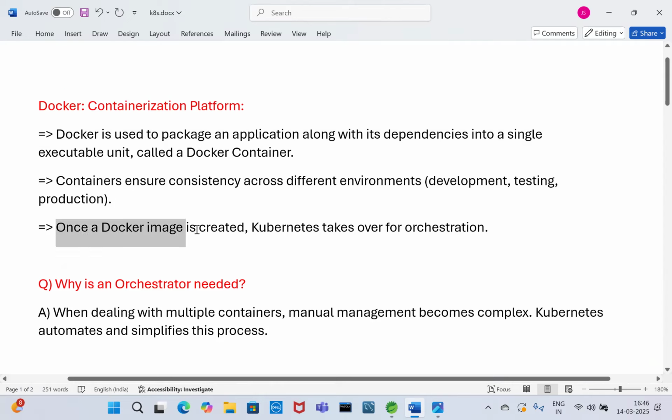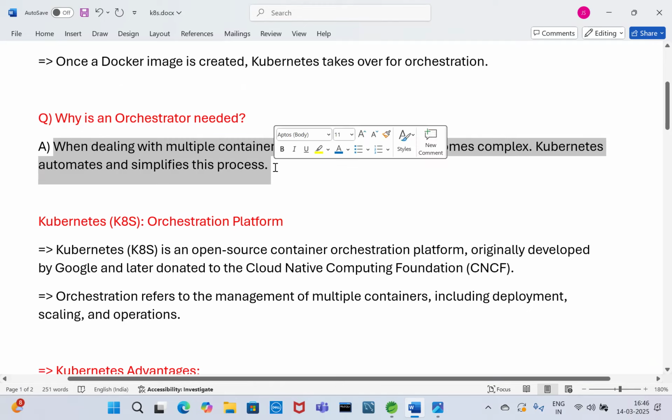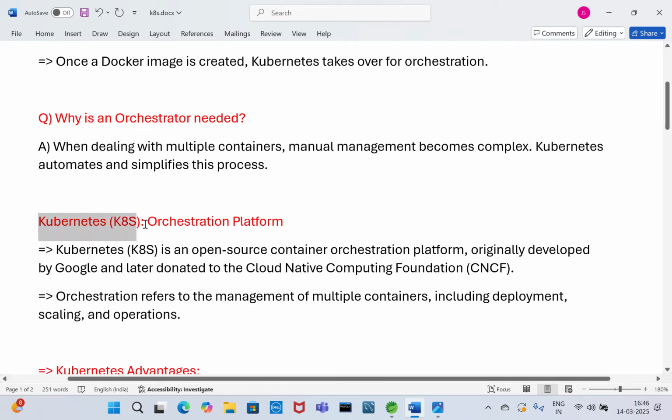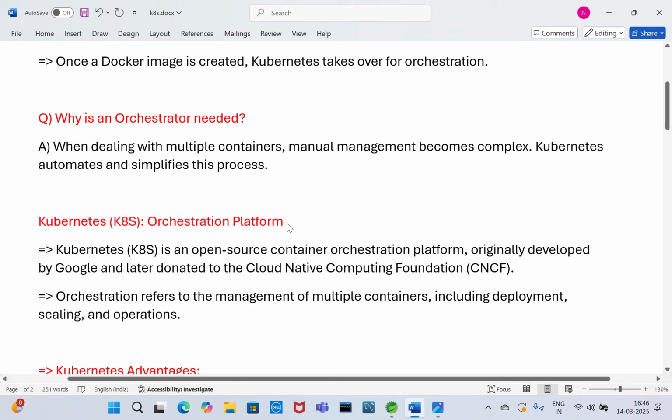Once a Docker image is created, Kubernetes takes over for orchestration. Why is an orchestrator needed when dealing with multiple containers? Manual management becomes complex. Kubernetes automates and simplifies this process. Docker is a container platform; Kubernetes is an orchestration platform.